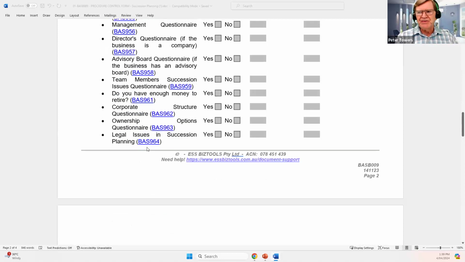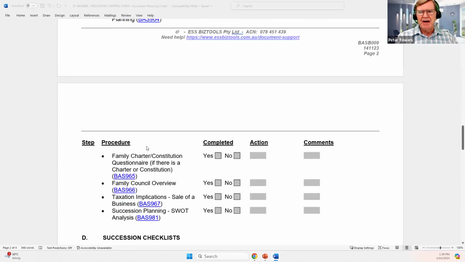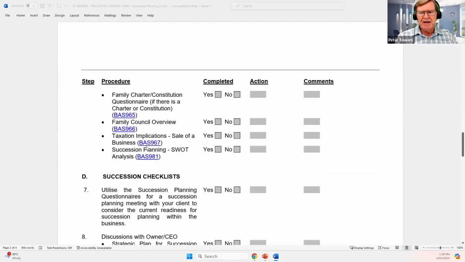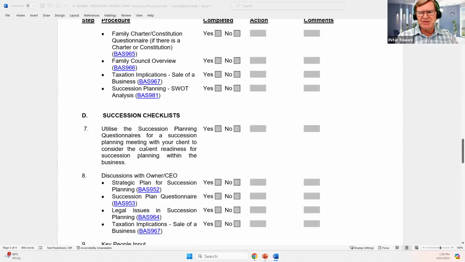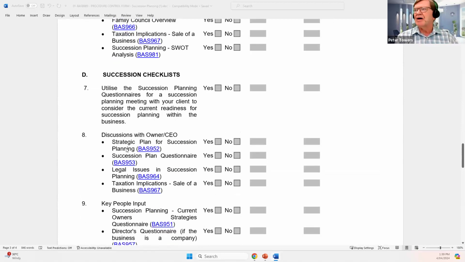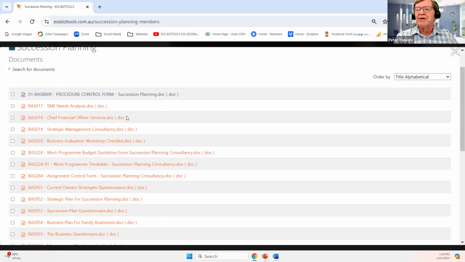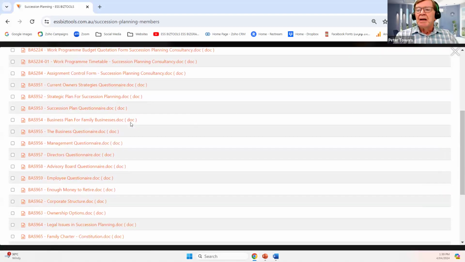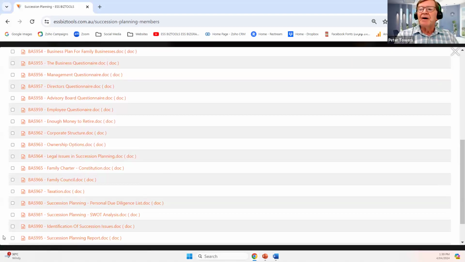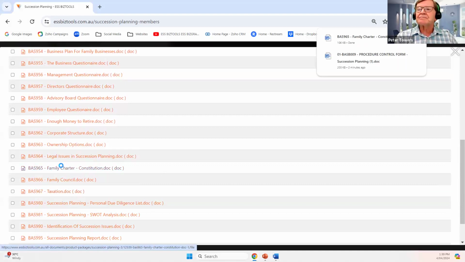But the whole purpose is that you're going to get some feedback as to what people think, so that you can start developing strategies for succession for your client. And that's just the overview we're looking at today. There's information, and I'm just going to go to a couple of these forms now, and then we'll move on.